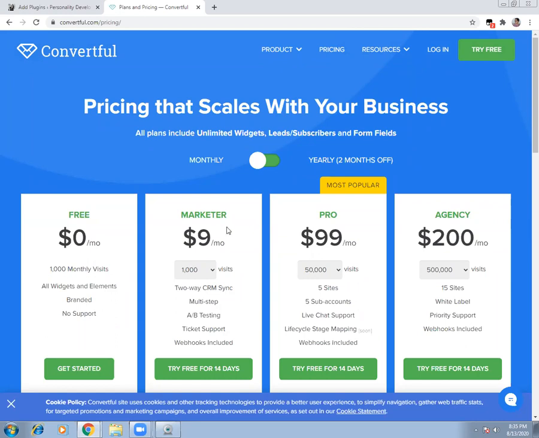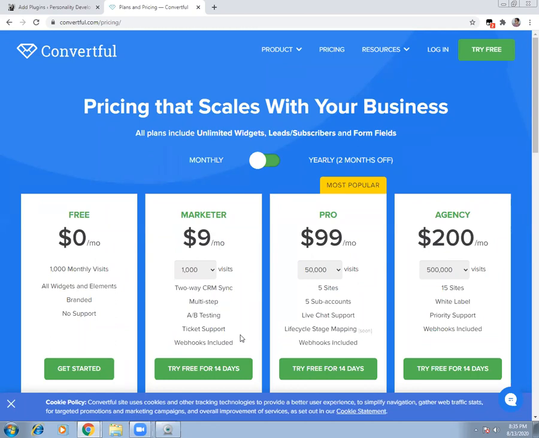If you are a marketer and you want to go for it, you can choose the number of visitors. If you need 2,000, 5,000 or 10,000 visitors, you can choose a plan accordingly, and the price will change. For example, if I change it to 5,000 visitors, you see the price has increased. Depending on your audience or visitors, your pricing can be done. It's a flexible pricing plan, and they charge per month.